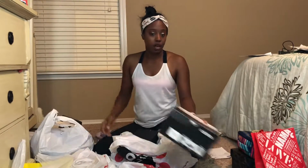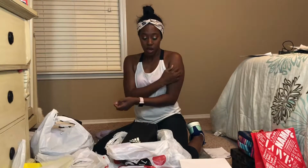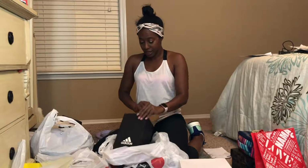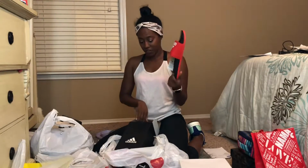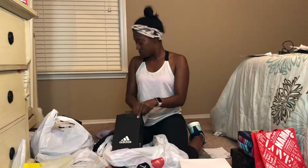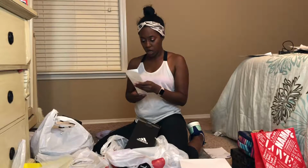So with that, I had a paper coupon, and they had buy one get one half off, and so I utilized that. My son loves slides because he loves to just put something on his foot real quick when we're running errands or just around the house and on weekends. And he loves red, and I found these. I thought they were perfect, so I grabbed these slides for him, and I was able to get all of that tax-free